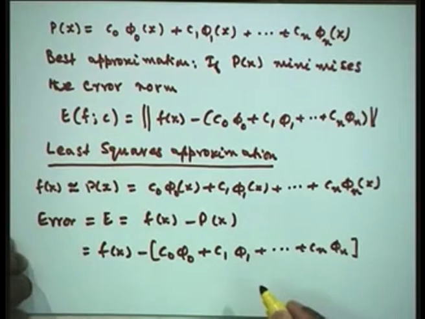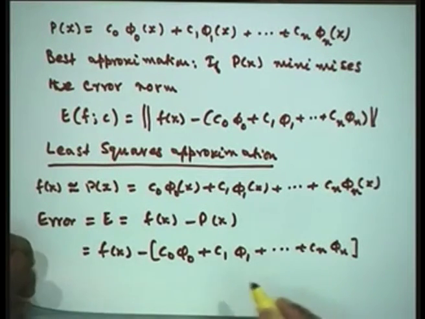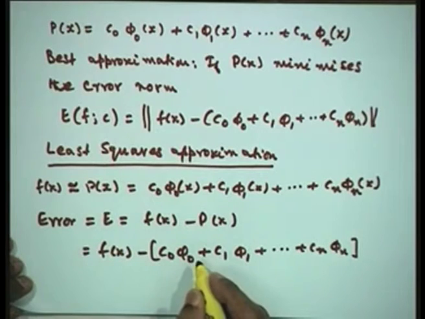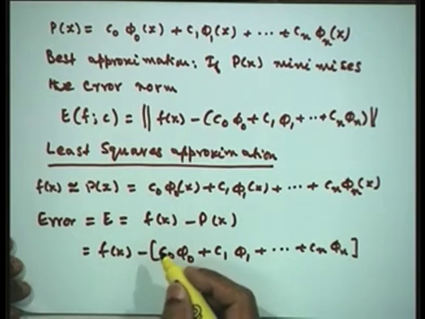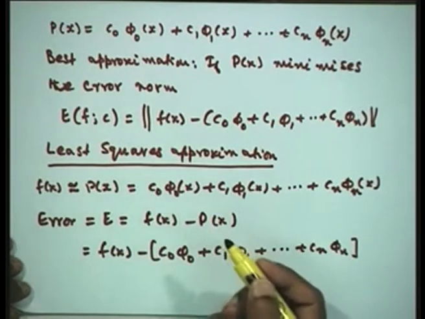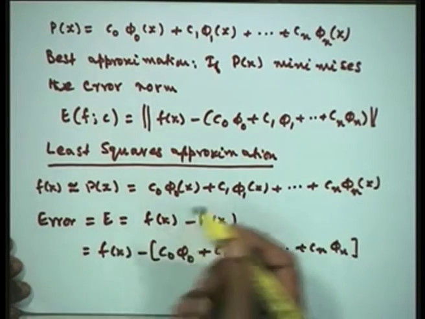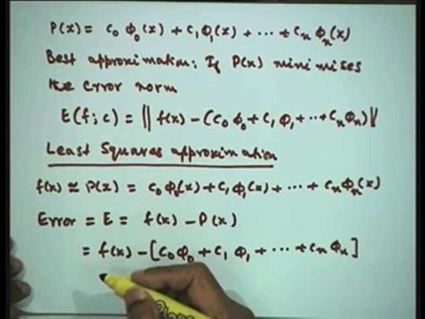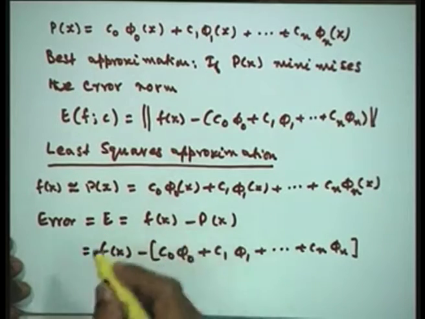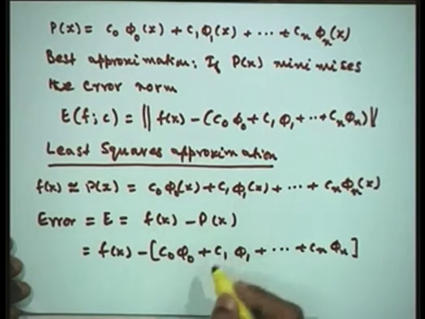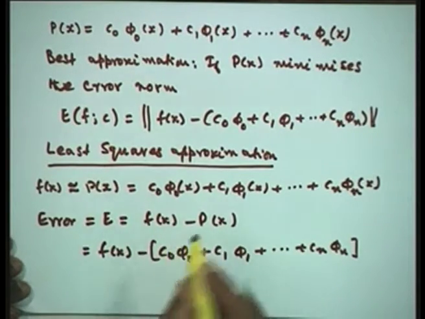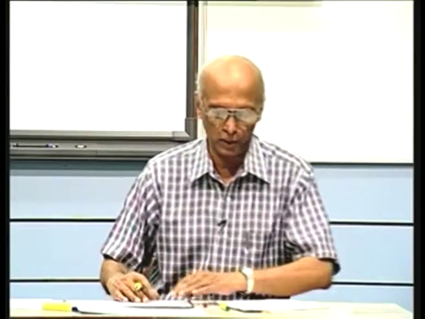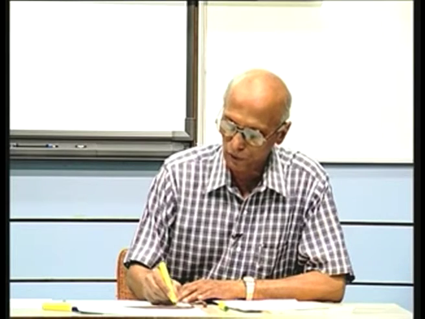Now, since we want to use the Euclidean norm, what we shall do is take the square of these errors and then sum up. If there is a weight function, multiply by the weight function also. Therefore, the total aggregate of the errors over the interval a b is now minimized. Therefore, we define the least square approximation as that the total squares of the errors,